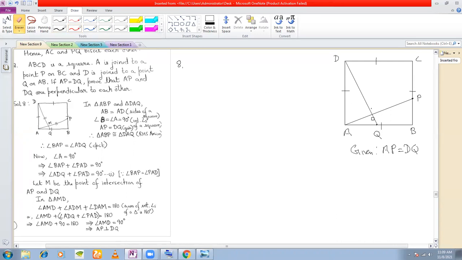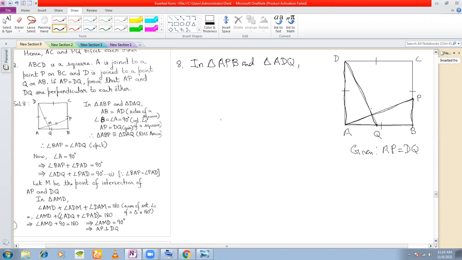two triangles you can see. What are the two triangles? The two triangles here are this triangle APB and DAQ. Can you show that these two triangles are congruent? Can anyone tell me whether these two triangles are congruent? If so, how? Anyone? Yes, they are congruent. Tell me how. Sir, vertically opposite angle.